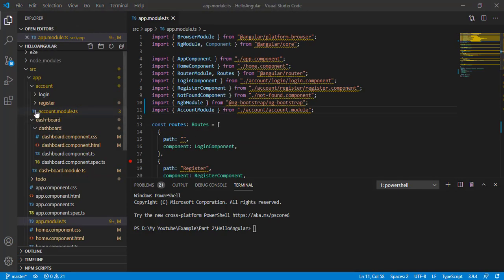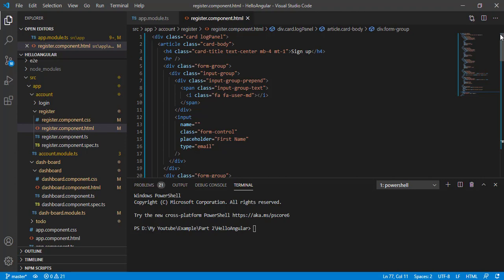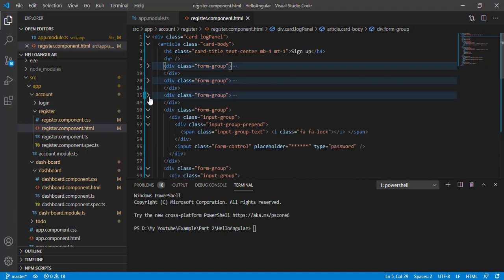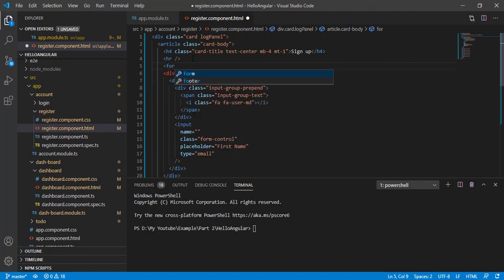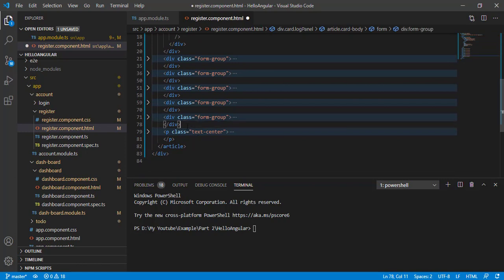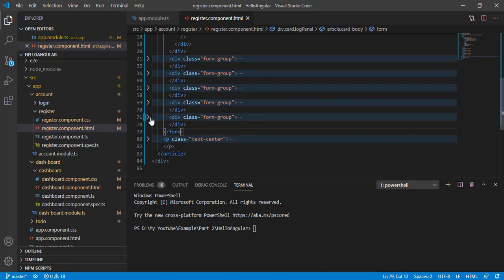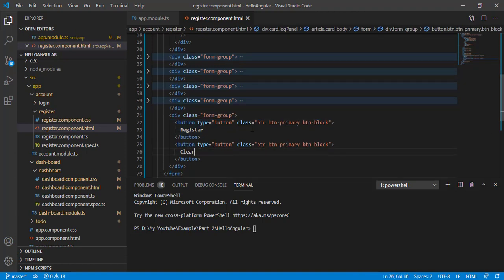So now let's open our registration component.html, and let's see if we have a form tag here. So we don't have a form here. So the first step is to add the form for our controls. So I am going to add this form. I'm closing this form tag after the registration button. Okay, and now let's change this button type to submit,